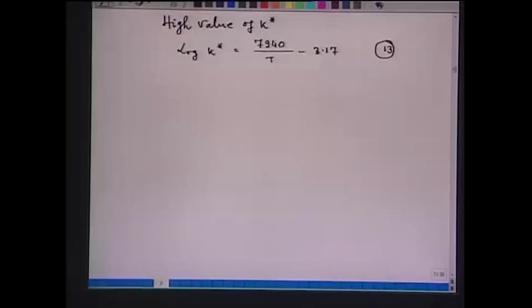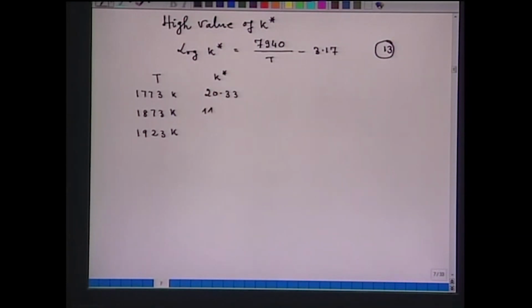So, that temperature which gives high value of K star will favor the oxidation of manganese. So, let us calculate the value of K star at various temperatures. I take temperature here and K star over there. I take temperature 1773 Kelvin, 1873 Kelvin and 1923 Kelvin. I calculate the value of K star, it comes here